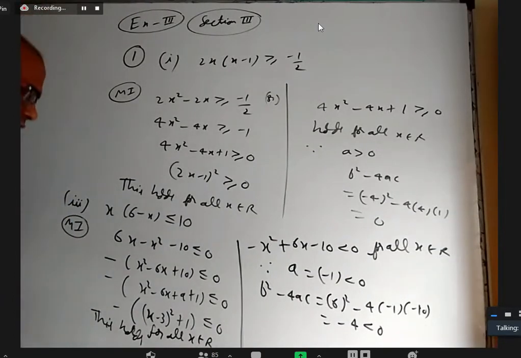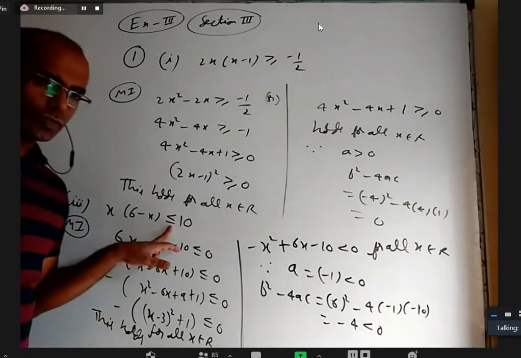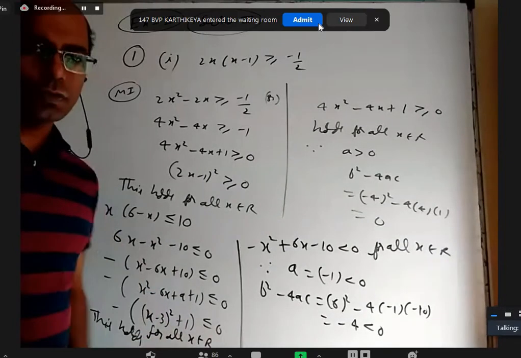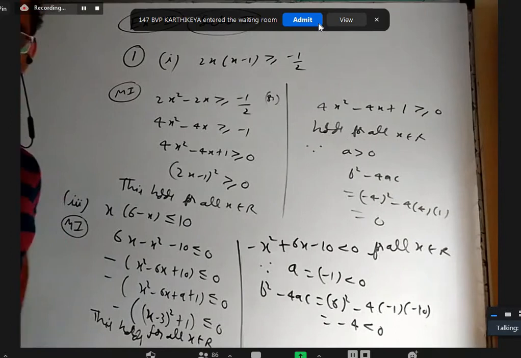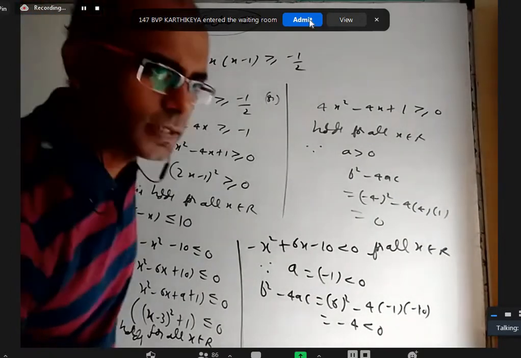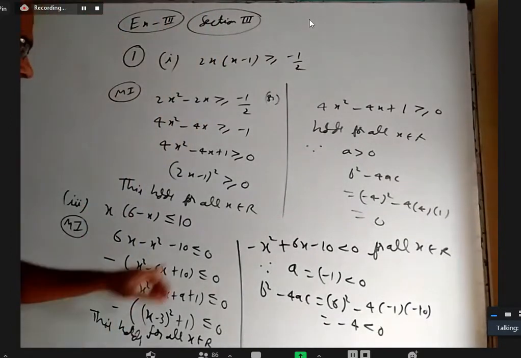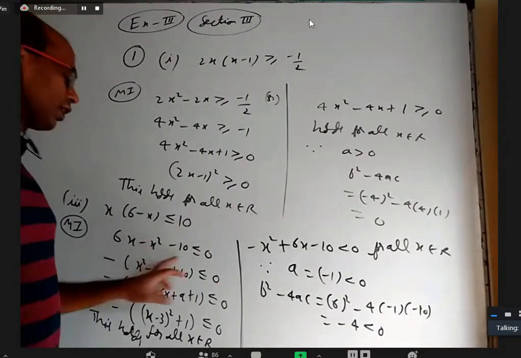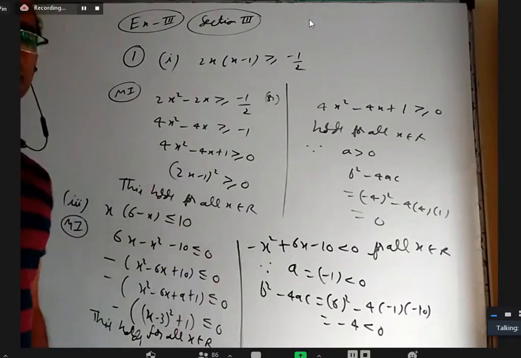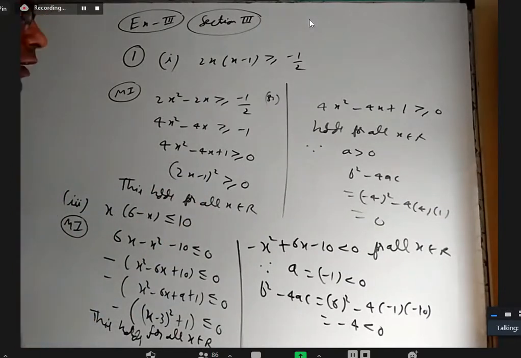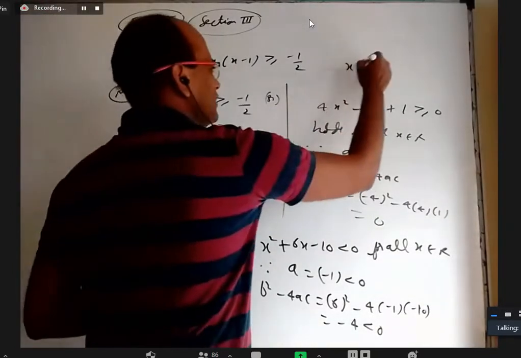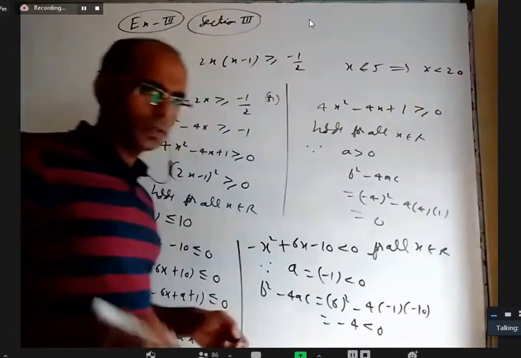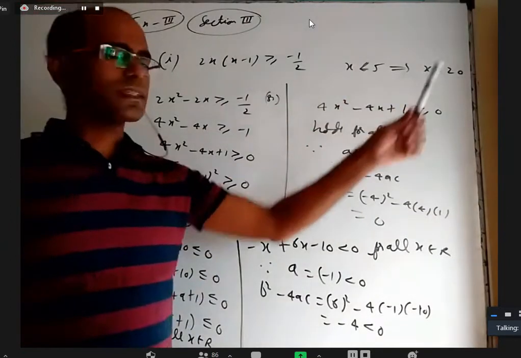Okay, please listen carefully. Here they mention less than or equal to 0, but actually it is only less than 0. If something is less than 0, it is also less than or equal to 0, right? One may say it never becomes 0. Yes, when I say less than or equal to 0, I am not saying it will become 0 sometime. I am only saying all its values are negative or 0. It may not become 0, it may not become minus 1. For example, whenever x is less than 5, I can say x less than 5 implies x less than 20. Whenever x is less than 5, can I say x is less than 20?